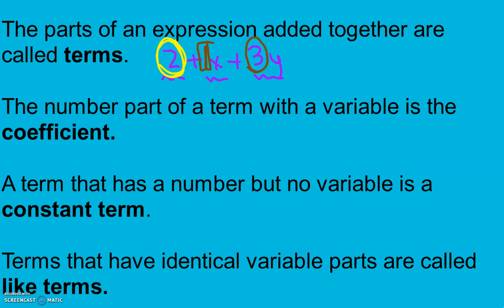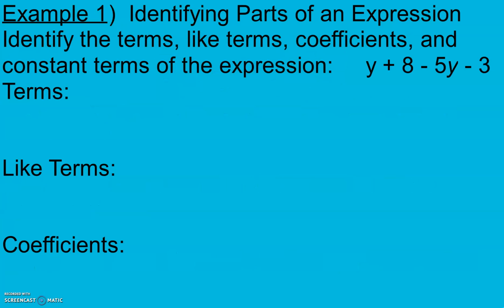And terms that have identical variable parts are called like terms. So if I had a plus 2x here, my 2x and my x would be like terms because they would have the exact same variable part here. They'd both have x's. So for example 1, we're going to identify the terms, like terms, coefficients, and constant terms